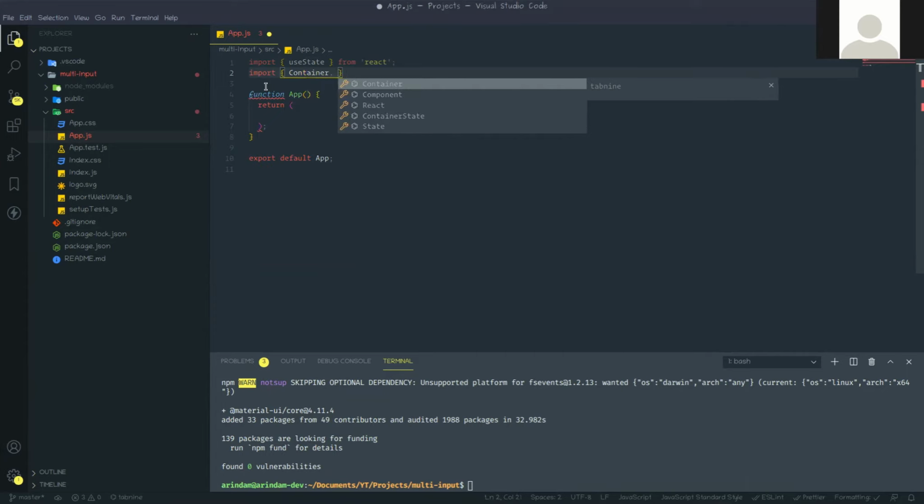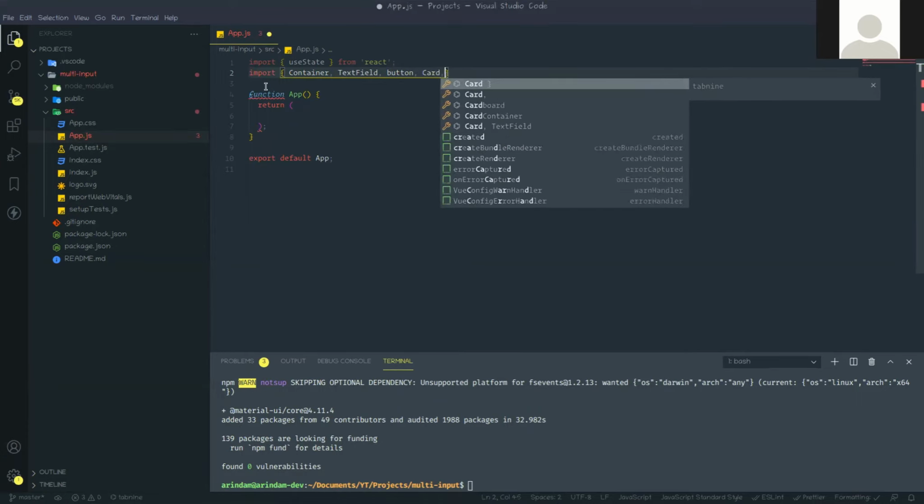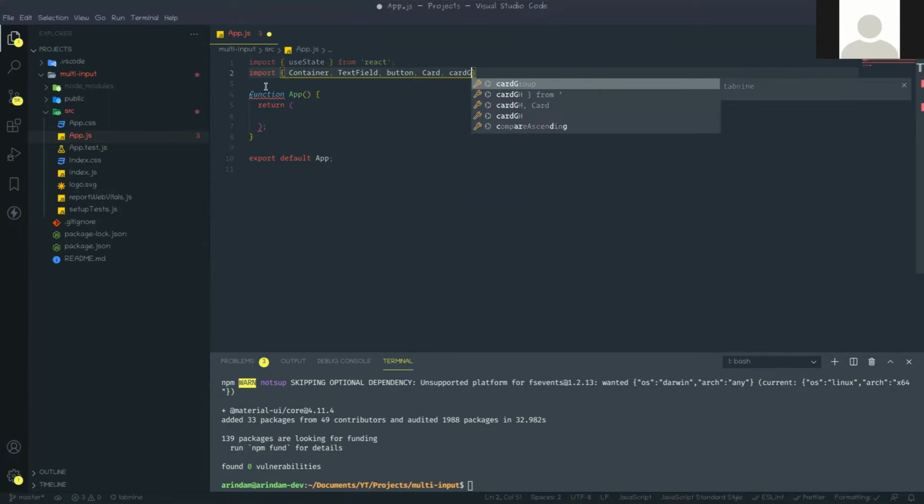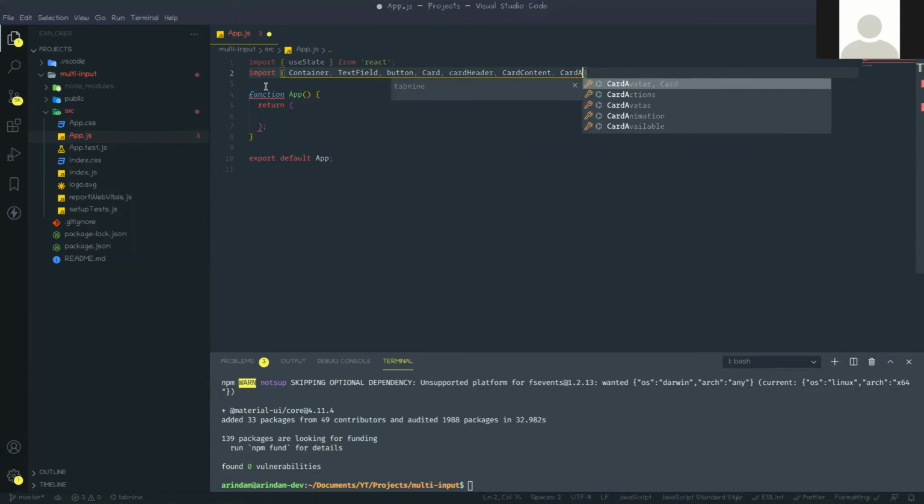Okay, next TextField, Button also, Card we are using. So Card, sorry for spelling mistake, CardHeader also, CardContent, CardActions.